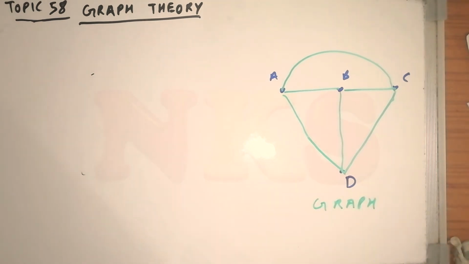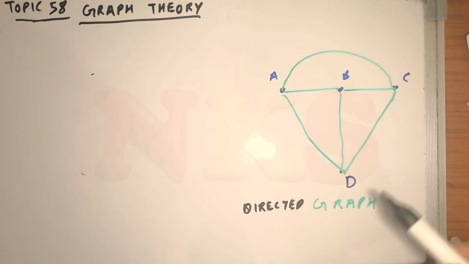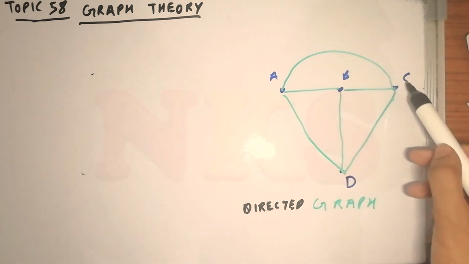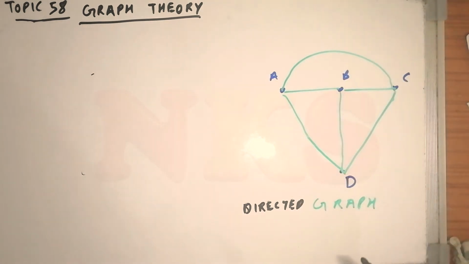Now there is one more thing, known as a directed graph. What does directed graph mean? You should be very clear with these terms, that is why I am telling this. Directed means that you have given some directions to these branches. Between A and C this is a branch, AC is a branch, AB is a branch, and A, B, C, D are nodes. Any direction you can assume, there is no rule on that.